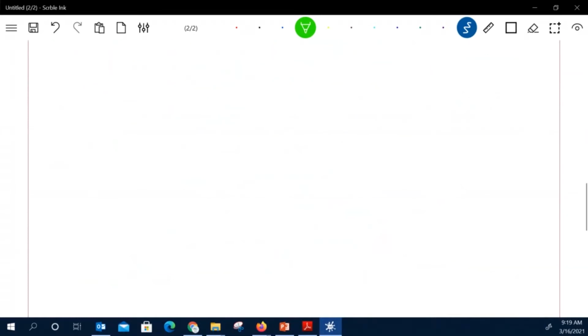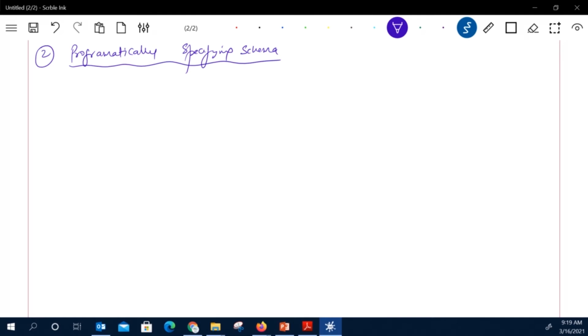Now the next approach for creating a data frame is programmatically specifying the schema, and we are applying all these sessions based on PySpark, not Scala. Okay, Scala will have a different way of writing the code. Now when we have to create a data frame programmatically, where we specify the schema, first we need to construct a schema.